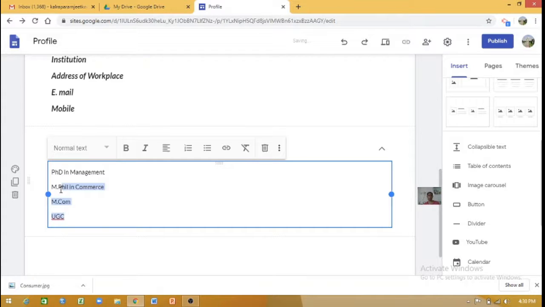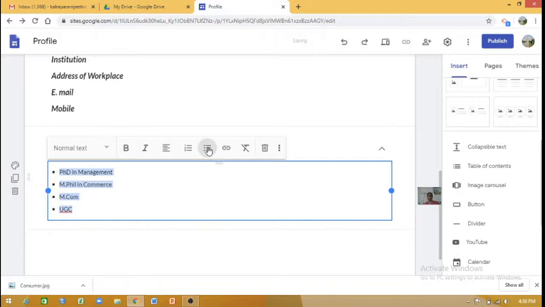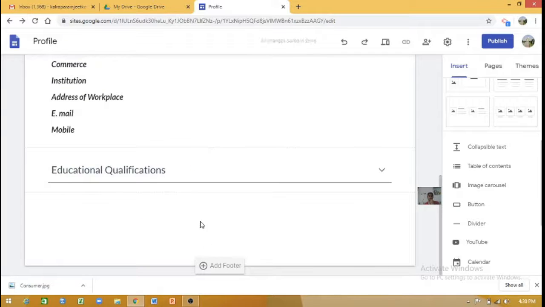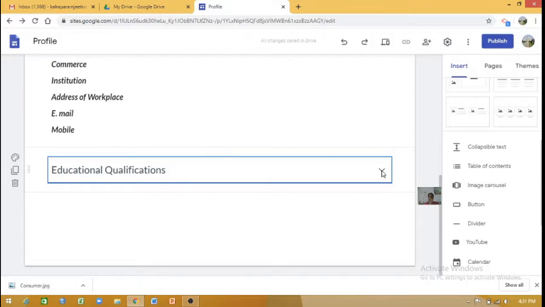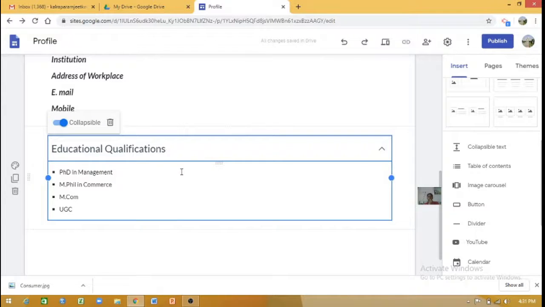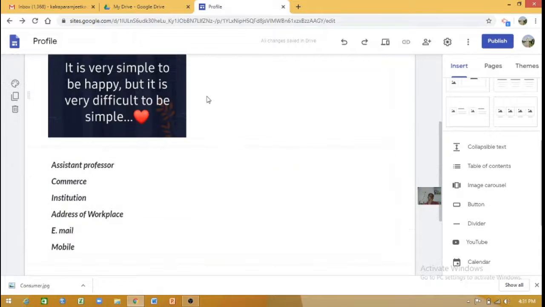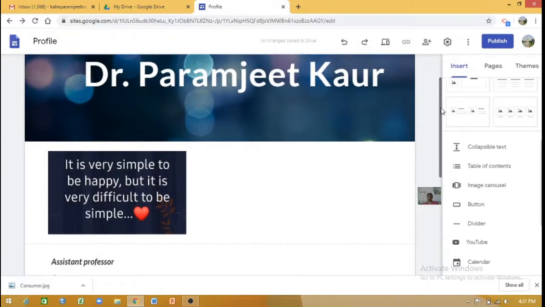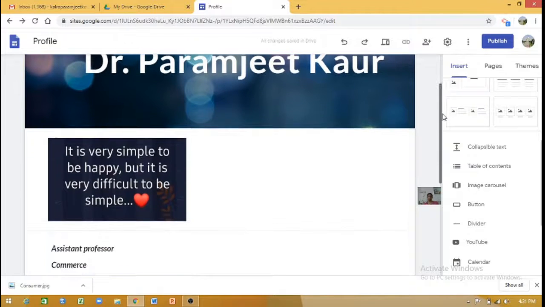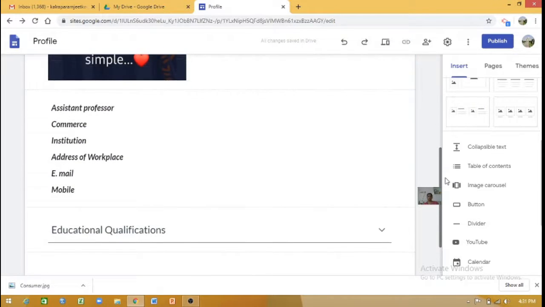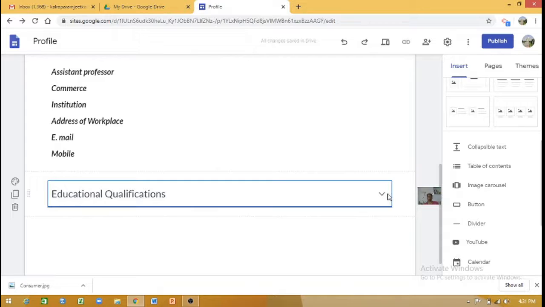So I can put it in bullets also, and see, it will appear to the public like this, educational qualification. When they click on this, then only it will be visible. So it is a very good way of presenting your website. See, our upper part is like that. Photo I have inserted, my designation, then qualification.